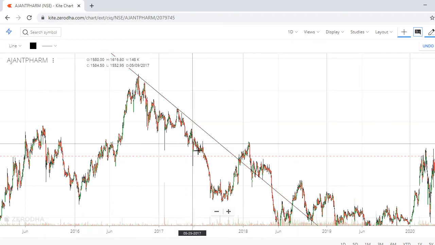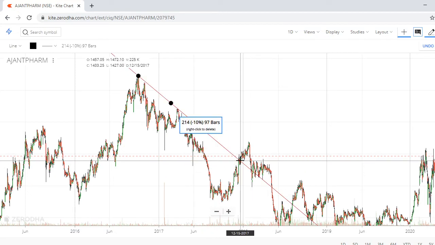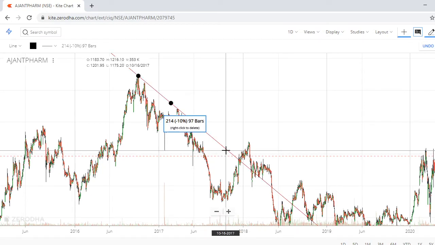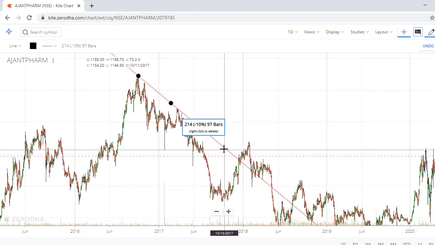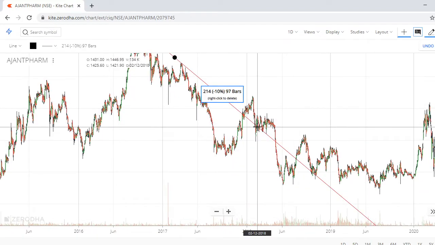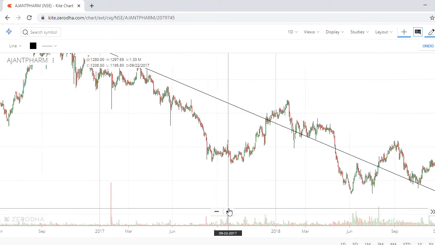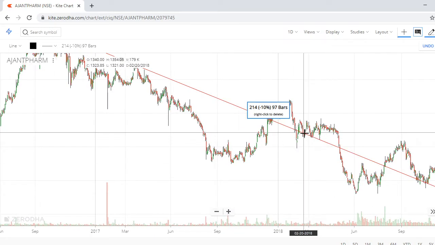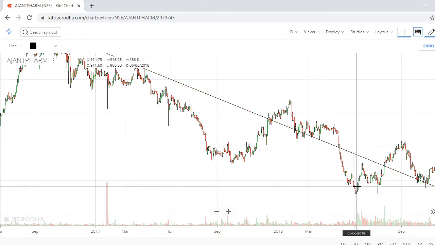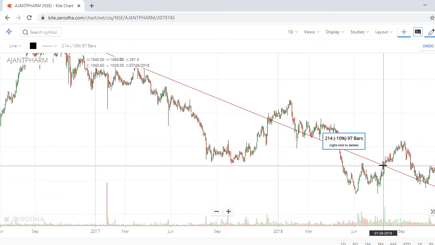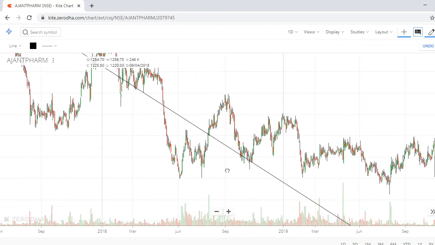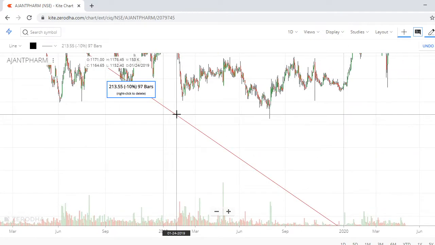Till this level, we draw this. Now next level, see. Here the stock tried to break again. Now once this stock tries to go up, the same resistance level will act as support also. See, here it is acting as support, support, support. It's broken here. Then it's resistance. Now it's broken, support, support, support. Like that it will work.